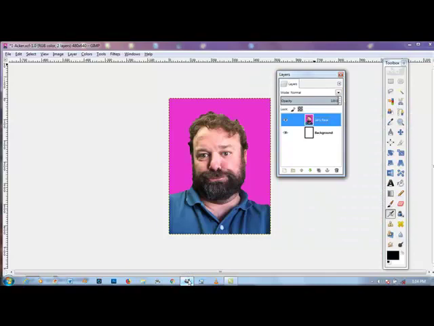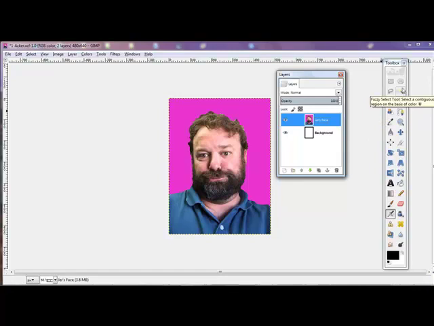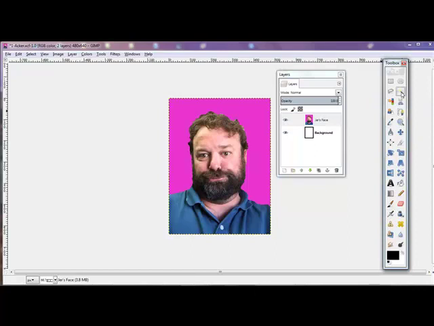Okay, so coming back here, let's say you did have a solid background like a green or a pink or something like that, and you wanted to change it. You can do that if you want. There's a tool up here called the fuzzy select tool. It's like the magic wand in Photoshop. If I grab that tool and come over here and click inside this area that's pink, I can select that whole area with the fuzzy tool. Then I can go to my paint can,